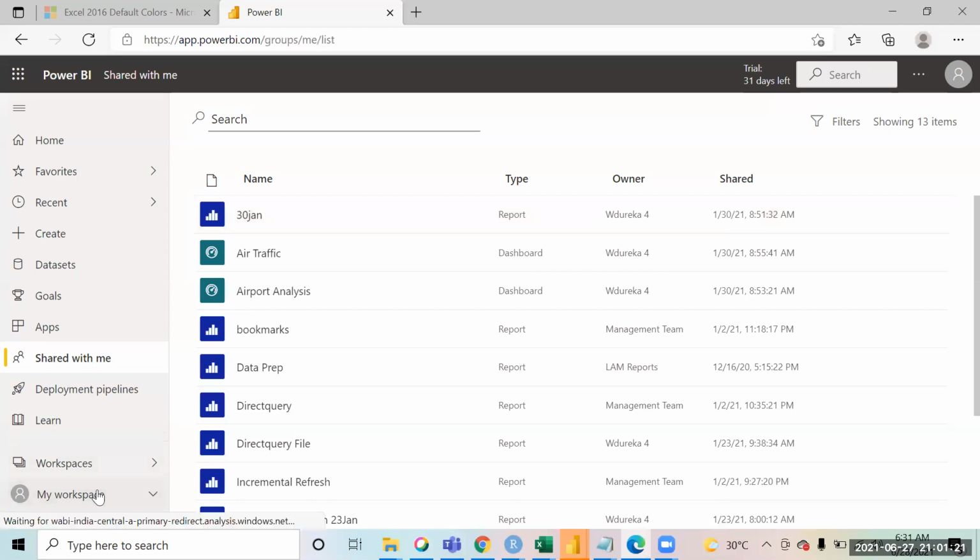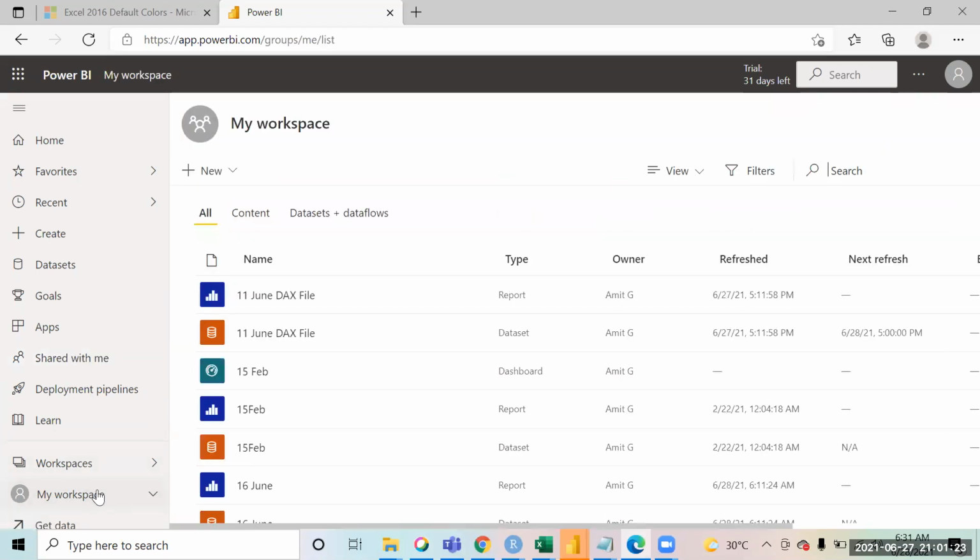So the only dashboard gets shared, right? Not the whole file. Yeah, not the whole. That was my next question. So if you share the dashboard, typically the underlying report also gets shared with that.